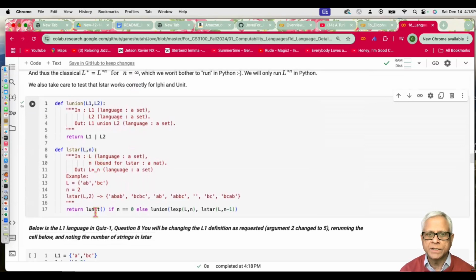Otherwise, it is the concatenation of L with the (n-1)th exponent, which is how exponentiation is defined. That actual definition is highly teachable. And now you can find various exponents of various languages in this manner. And now if you look at the